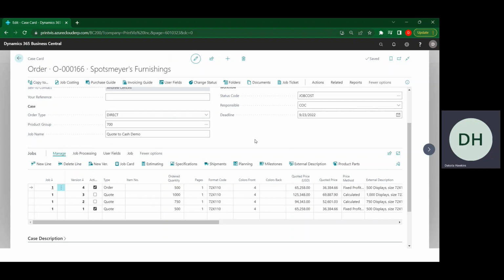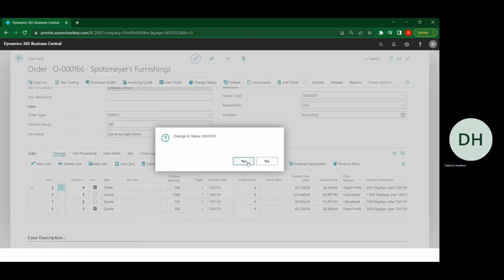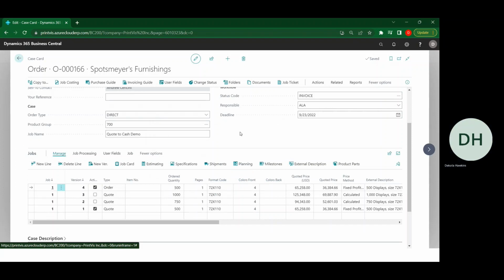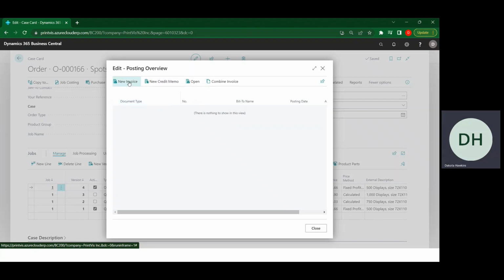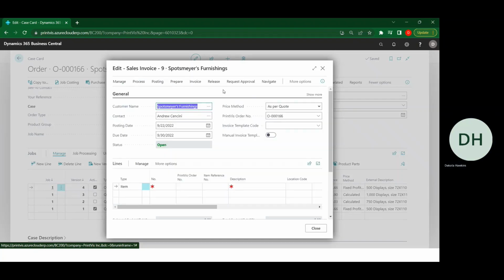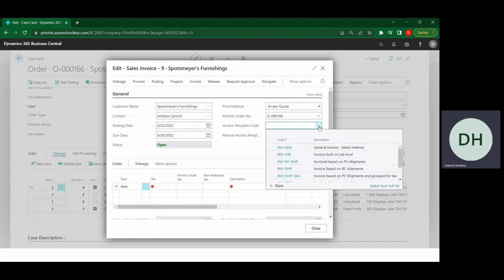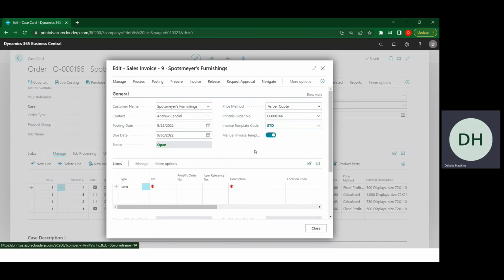Now that job costing is done, I'm going to change that status one more time to invoicing. Now here in invoicing, I'm able to do an invoicing guide, pull in a new invoice, and either generate this invoice on the fly or using a standard template that I've created. Once I'd like to build this invoice out,